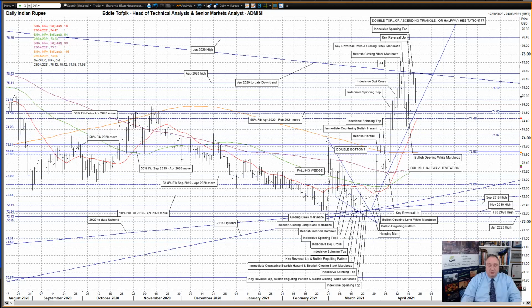opened the way for one of two, possibly maybe three scenarios. We may have a possible double top or an ascending triangle. Both acute and both formed over April. And finally, possibly an outside possibility right now of a bullish halfway hesitation pattern. It will depend if the previously mentioned uptrend will hold. So far today, a further drop, looking like a bearish opening black marubozu right now. The market has dropped down to test the uptrend. So far it has held firm, though we still have the rest of the day to go.